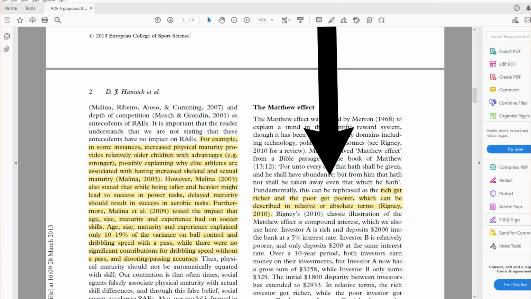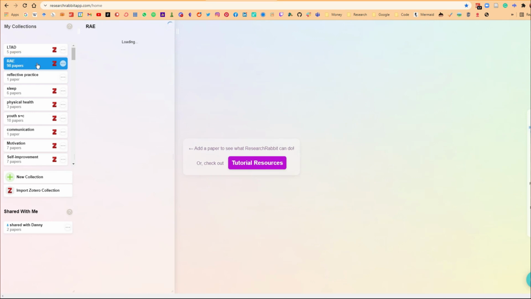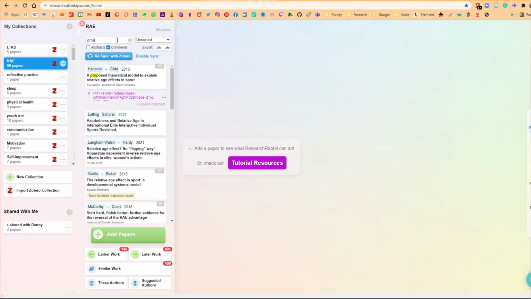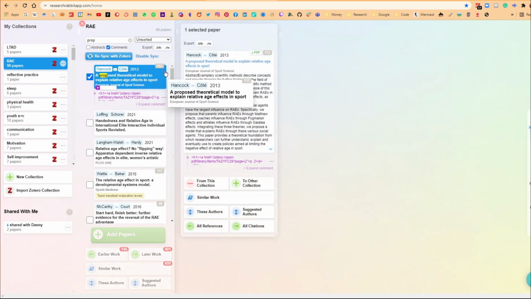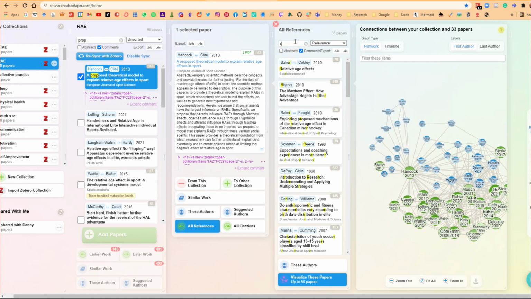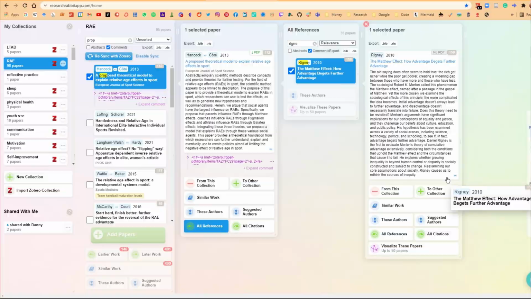Now, this is where Research Rabbit actually comes in handy. Because I have my article most of the time in my Research Rabbit collection, I can go in, click on all references, and then just type in whatever the reference was, instead of having to go all the way down to the bottom of the paper, find the reference, type it in, then add to Zotero. It's already there, so I will have Research Rabbit up on my other screen, and then I'll just click all references, type in whatever it is,